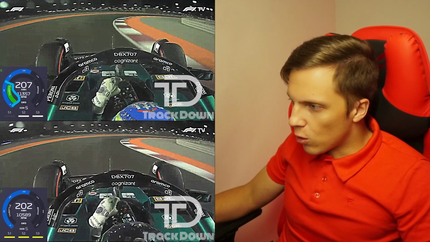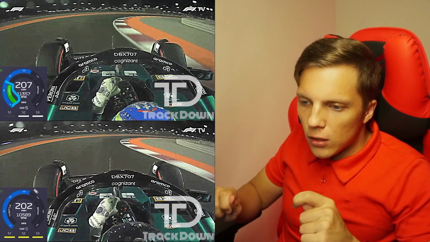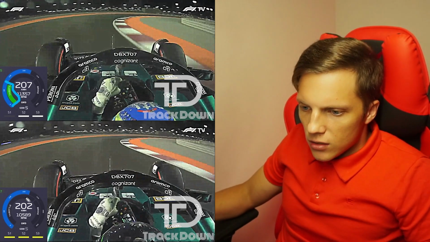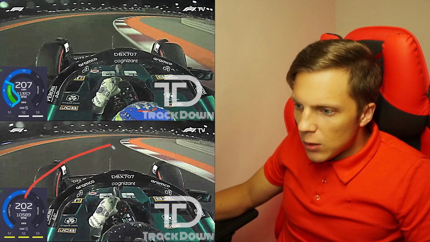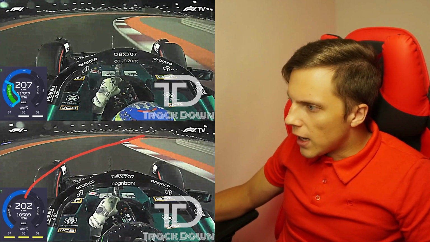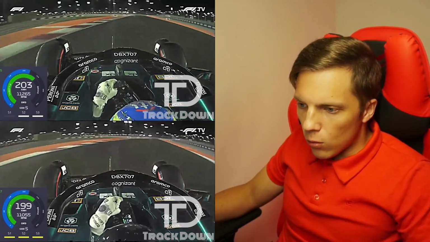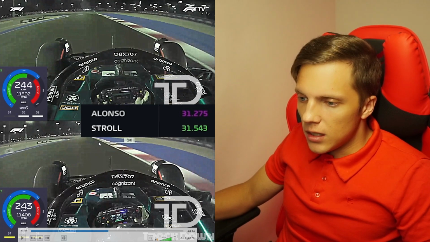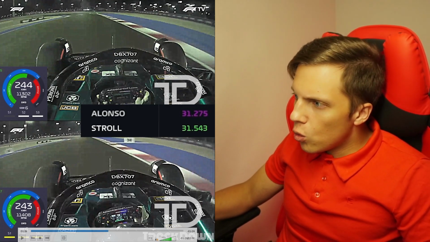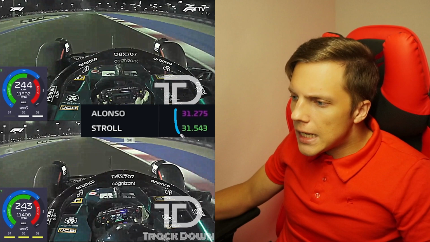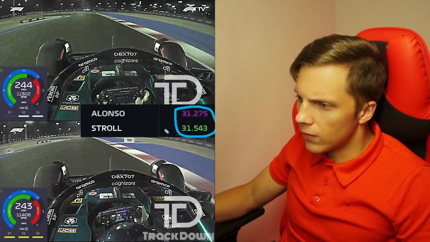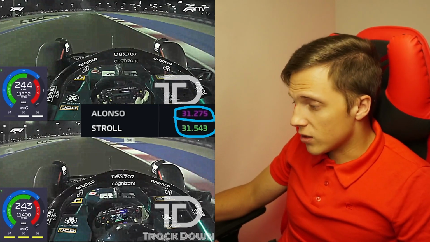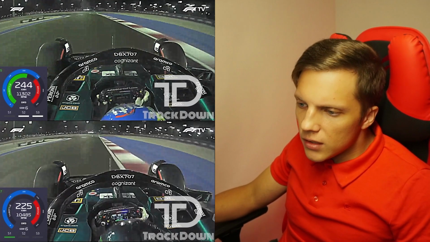And even lines throughout this corner are different, because Fernando for turn 5 once again was turning in a little bit later, so his entrance was wider, but he will cut the corner a bit more on the apex, so the whole line throughout the corner is way faster for Fernando. We already see him being quite ahead, and also we see Lance Stroll losing 0.3 of a second in the very first sector. Of course, it was an outstanding sector for Fernando Alonso, the best one so far in Q1, but still the difference is huge.